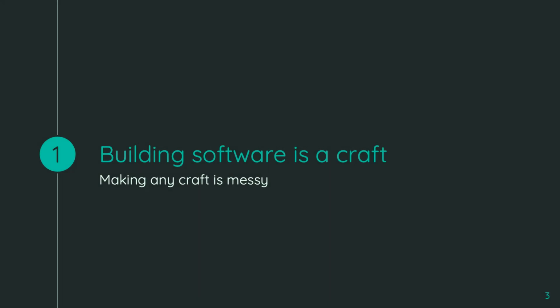All right. So, first thing I want to talk about is the nature of software development as a practice. It's a craft, like any other craft, like painting or sculpture. And like those crafts, it's messy business. As we're going along writing our code, we're trying to solve the problem. It's going to be messy, and you're going to have to go back and clean it up afterwards. It's just part of the nature of the craft of writing software.